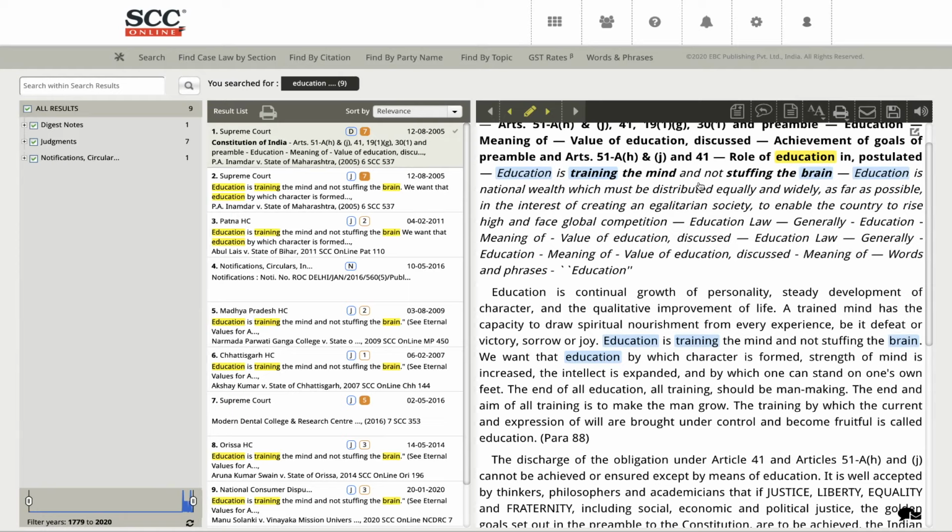So thank you, Chitwan and Puneet. Our lawyers are court officers. See now, Gifty Williams is also helping us with the new proposition, like a new sentence. Lawyers are court's officers. So I think we are all on the same page now. Now, if you see role of education, education is training the mind and not stuffing the brain. So whenever you're looking for these kind of phrases, it's better you write the main words and then do your